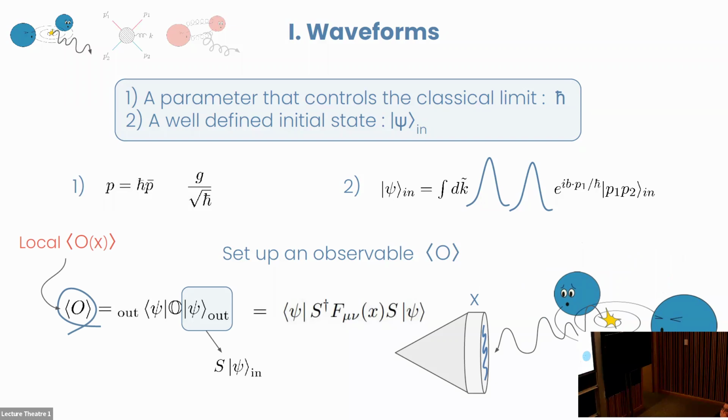And now that we have our in states, we can get the out states by using the time evolution operator on the in states. And what does that look like? Well, that looks like the S matrix. So already here we see that we're going to have some amplitudes running around in here. So we plug in the observable that we care about, which is the F here. And I think that's probably what I wanted to say here. So here we have our expression so far for what we want to find.